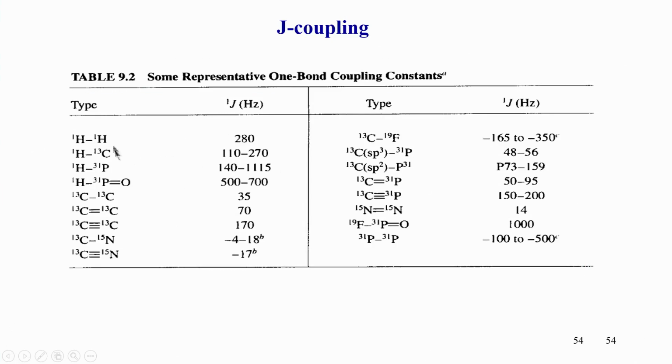As far as our biomolecular course is concerned, we are mainly interested in hydrogen to hydrogen. Of course, this one is in a hydrogen molecule, not a 3-bond hydrogen. You can see the hydrogen-hydrogen direct coupling is very strong. We will not bother about this. This is just the highest value possible. But if you look at hydrogen to carbon, this is the range which we will be using in our biomolecular experiments, and we exploit this high coupling.